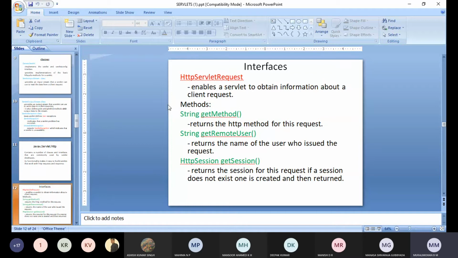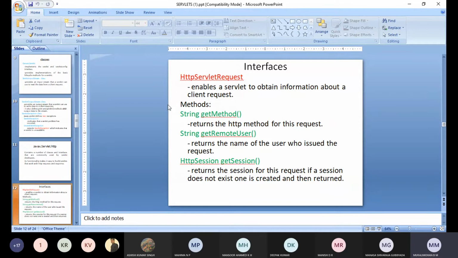What are the interfaces we have inside this package? First one, the HttpServletRequest interface, which will enable the servlet to obtain information about the client request. When a request is sent, the servlet has to know some information with respect to the request. Kindly remember, the servlet will know the information about the request by methods. Which are those methods? getMethod.